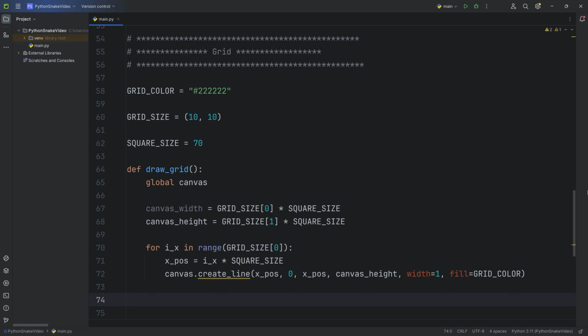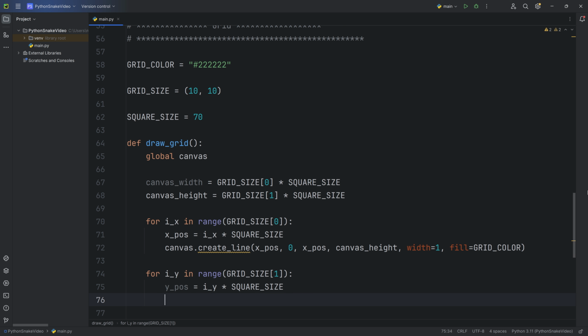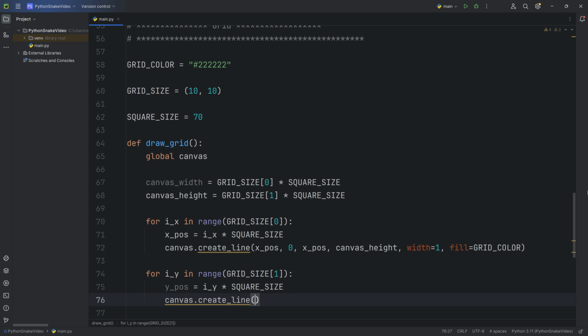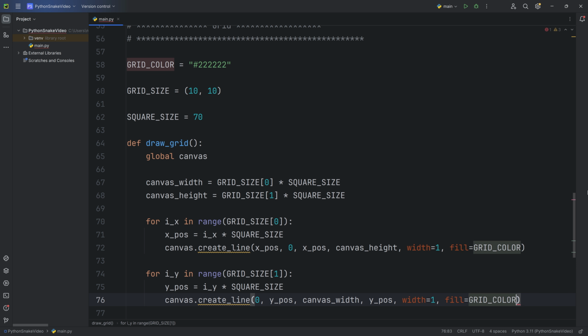For the horizontal lines we need to do the same thing for the other dimension. For iy in range of grid size of 1, y pos equals iy times square size, and we draw a line with canvas.create_line 0, y pos, canvas width, y pos, width 1, fill grid color.